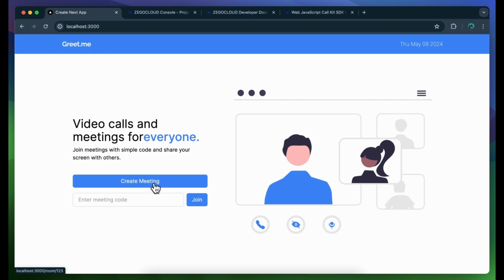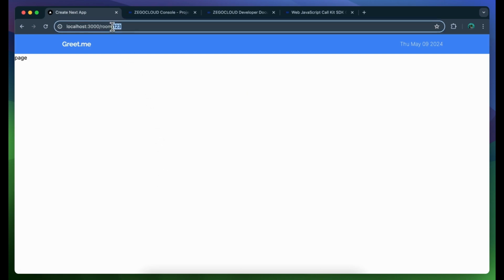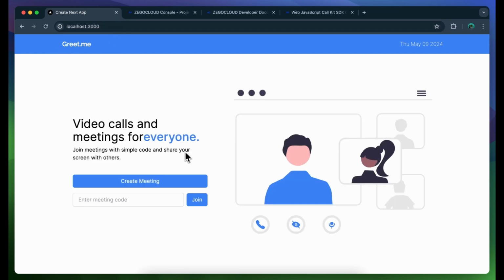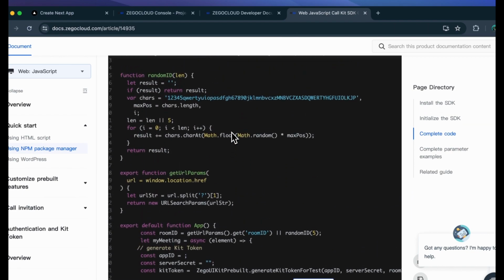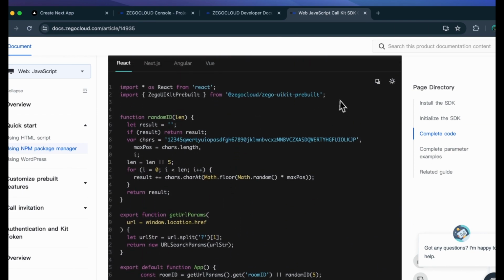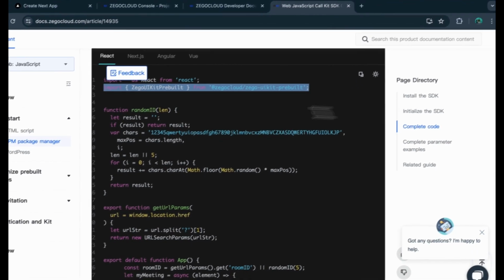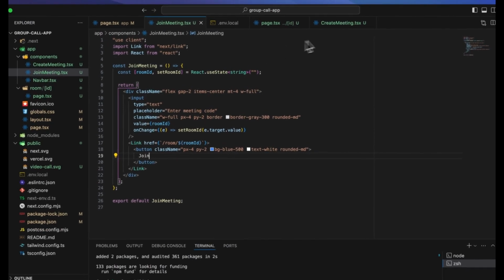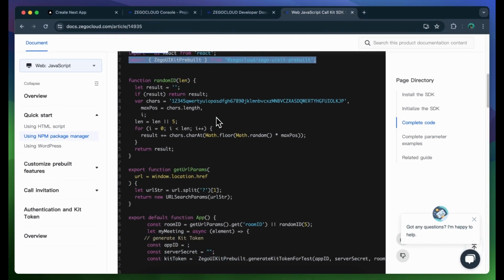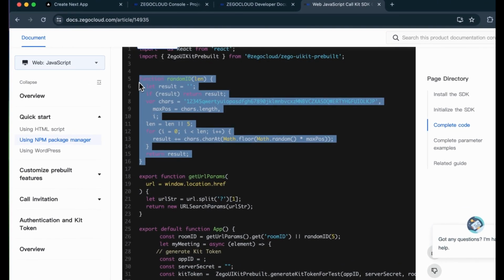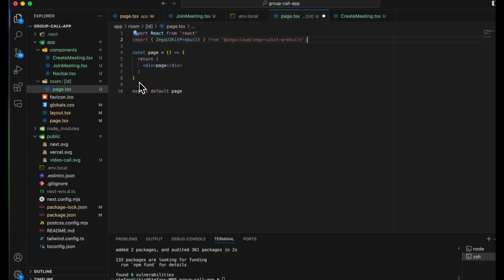The same thing goes for creating a meeting. When the user clicks on create meeting, we need to generate a random ID. Okay, go to documentation and let's initiate our Zegocloud. First things first, we need to import this. So let me copy it, go here, and down there, paste it. Perfect. Now here we can copy this random ID function, but